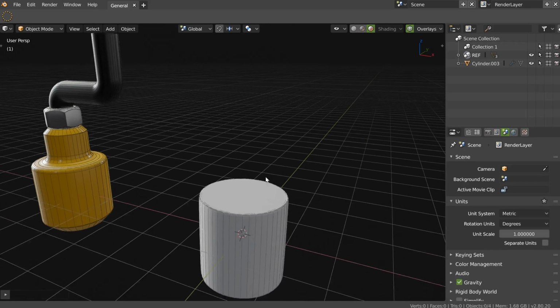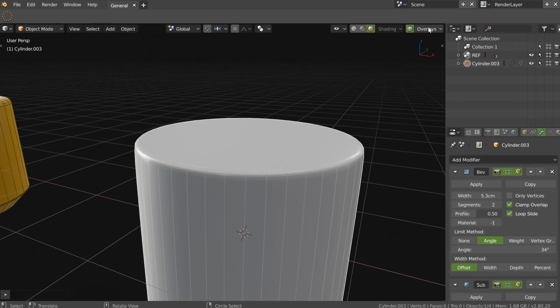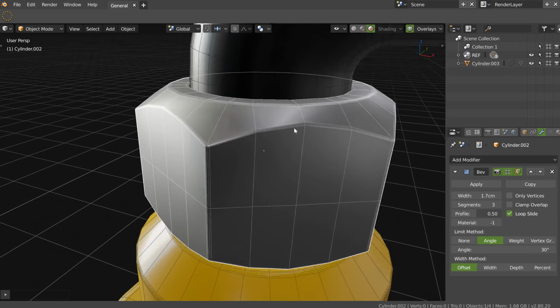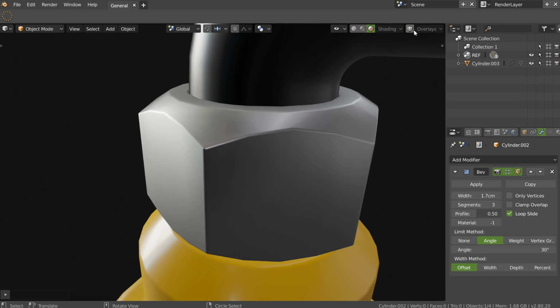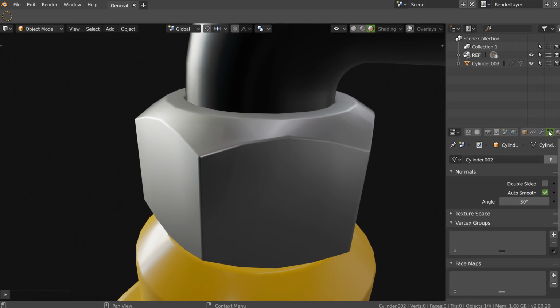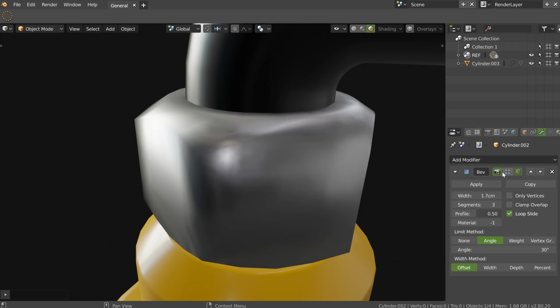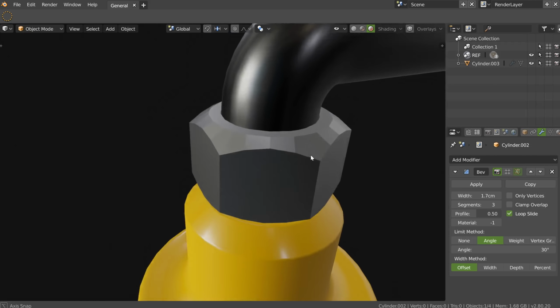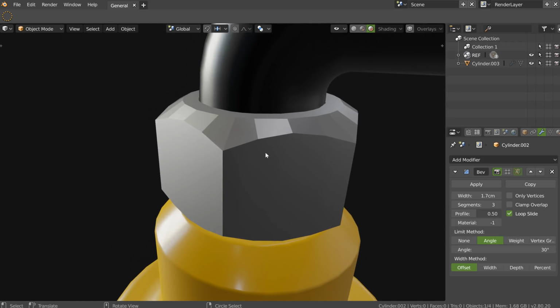So what I wanted to say about this, it could be better on this one, for example, just to show you. I will hide the overlay. On this one, I had to activate the auto smooth. And for example, if I don't have bevel, you have to go in two separated places to activate smooth shading. I will go in flat shading. Okay, so you work